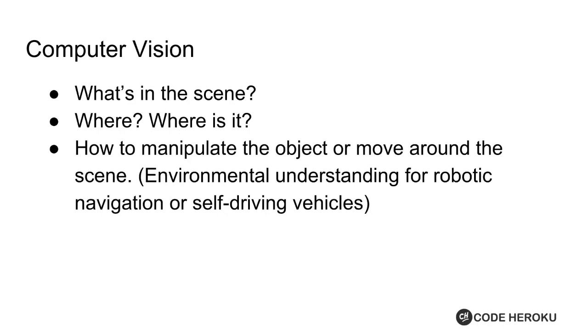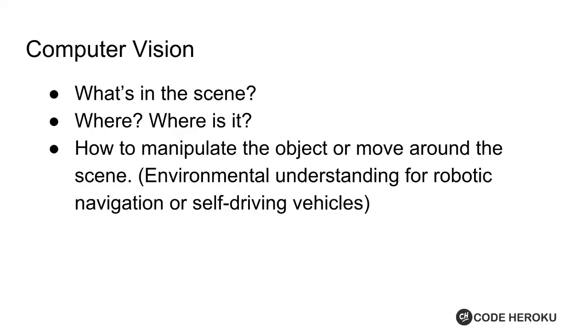And then you want to know how to manipulate objects or move around the scene as well. In many applications, specifically in robotics, what you want to do is navigate, let's say, from point A to point B. And even though it might seem a very trivial task for us as humans, trying to teach a robot to go from point A to point B is a very challenging problem. First of all, the robot needs to plan its path. There is a whole field of research on path planning itself, on what are the steps that a robot needs to take to go from point A to point B.